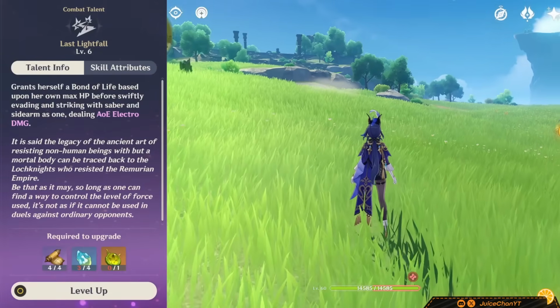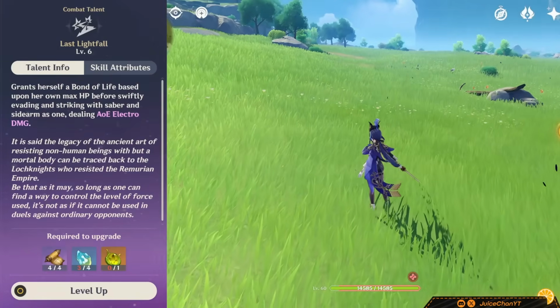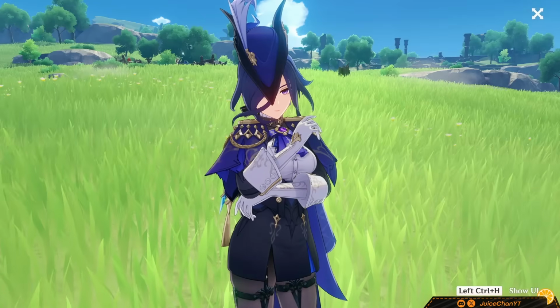Her burst is thankfully a lot easier to digest. She deals high Electro damage in a large AoE and can grant herself up to 120% Bond of Life. Neat stuff. As for her ascension passives,